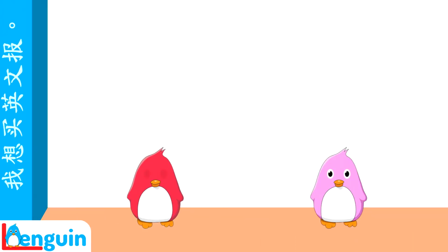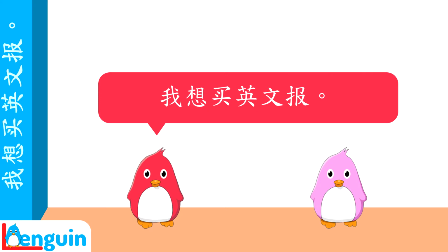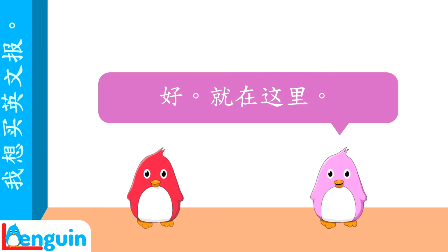Now let's say you're in a small store in Taipei. Listen. 我想买英文报。好，就在这里。Repeat the verb to buy. 买，买。Previously we said that the verb 想 meant to think and also to plan. Here we have another meaning, to want to. Repeat, to want to. 想，想。